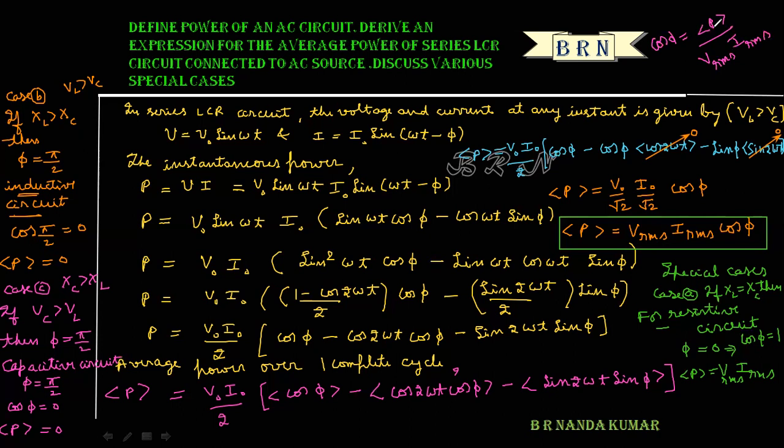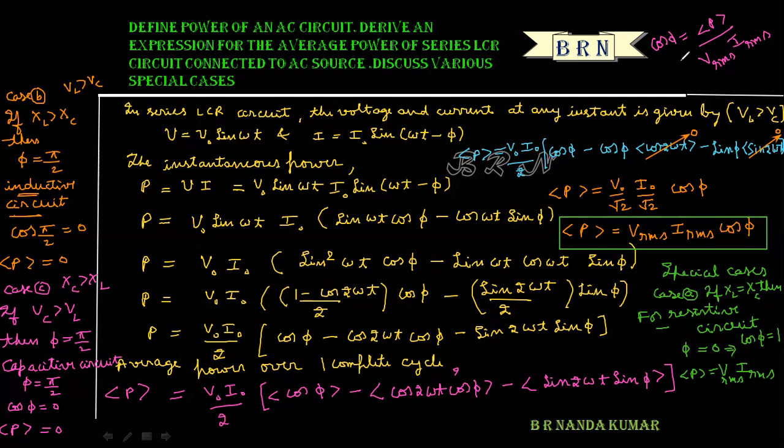What is the meaning of true power? True power means power delivered and power dissipated by the load. So this is actually true power. And this is apparent power. Apparent power means the maximum power dissipation rating. So this is the maximum power dissipation rating. The ratio of true power to the apparent power is called the power factor.